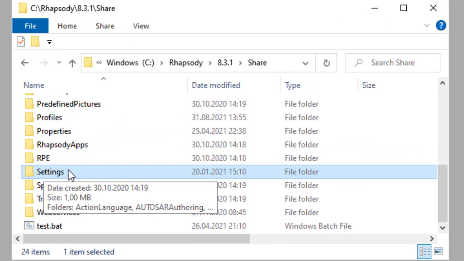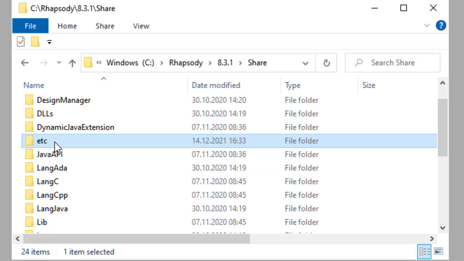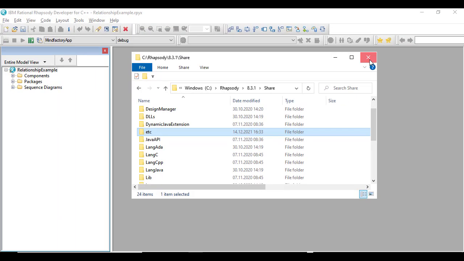One of the most important Rhapsody directories is the Rhapsody Share directory. It contains many important content and settings of the Rhapsody installation, including profiles, properties, framework, and configurations. This directory is usually centrally managed and made available to the developer via distribution mechanisms, for example shared network or